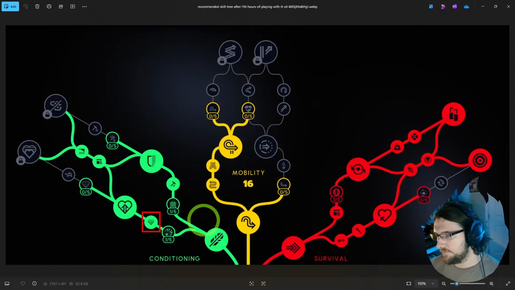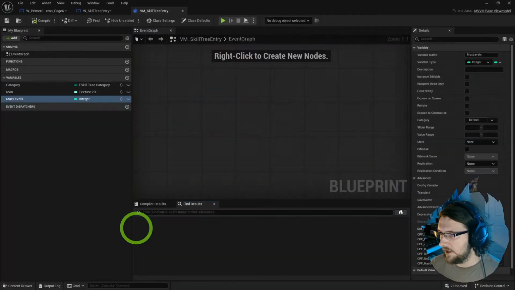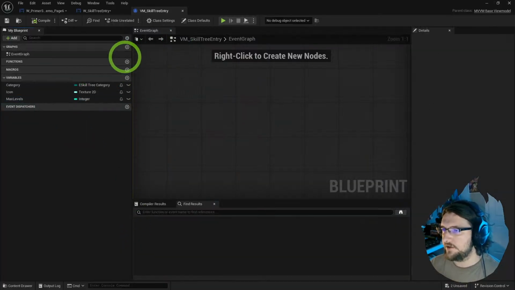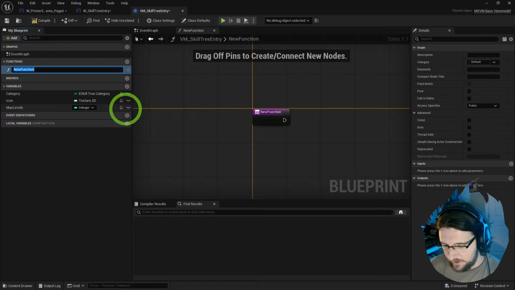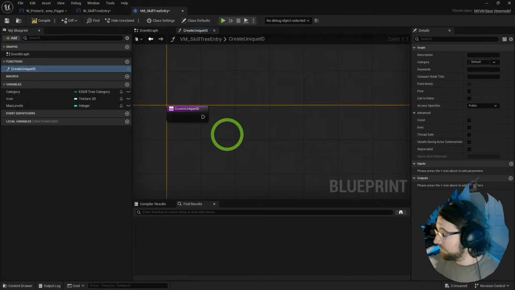How are we going to separate these rows? I mean, I could just give them IDs and then just draw the lines. We do also need the lines to respect which ones have been unlocked. So if you've unlocked, it does need to have some kind of hierarchy. So it would be like linked, ID driven and linked. So what we could do is we can actually put a function in here, create unique ID. What this will do is